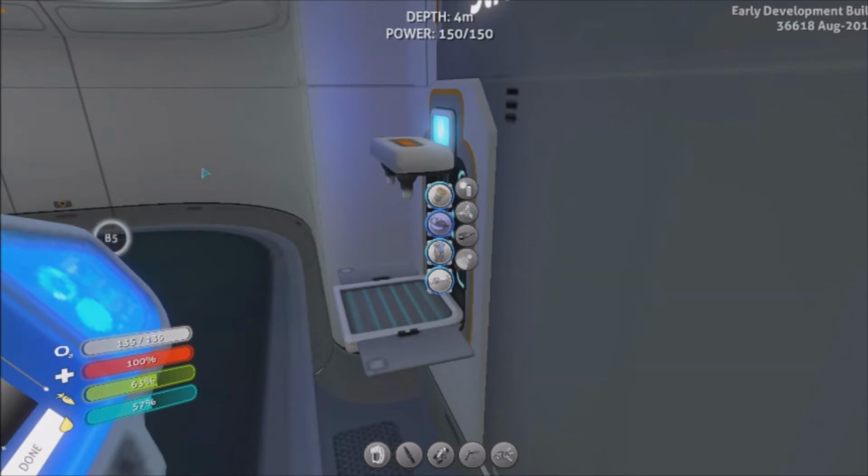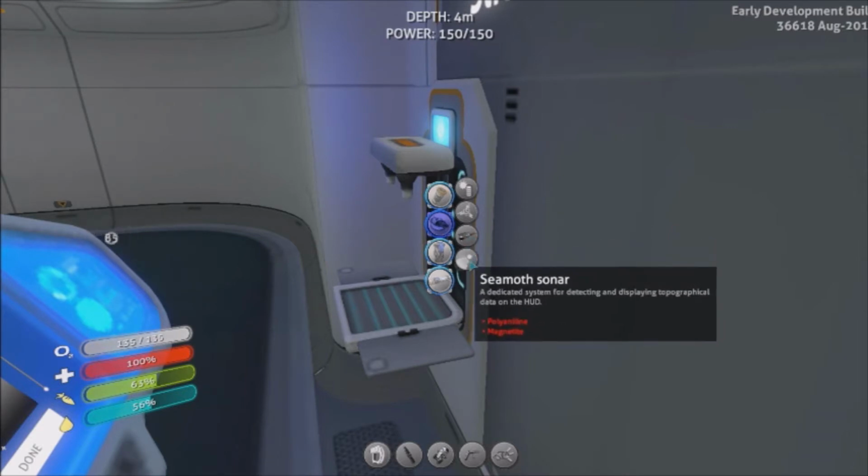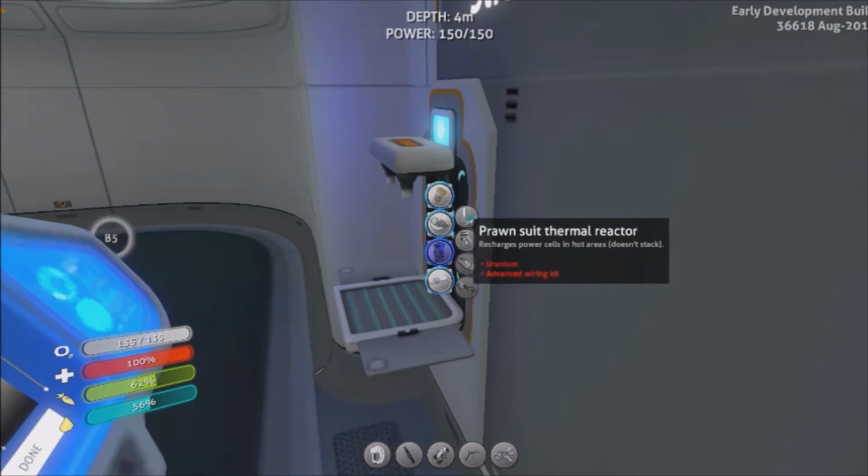So fighting the Leviathans is not necessarily a good idea. And then of course we have our torpedo system, and this works on the medium-sized guys. Sonar, radar, Exo-Suit. Now I am missing one thing from this, and I think that's because it's in the Aurora. But we've got our Sumo Prawn suit thermal reactor, and this is something you're going to want to get because